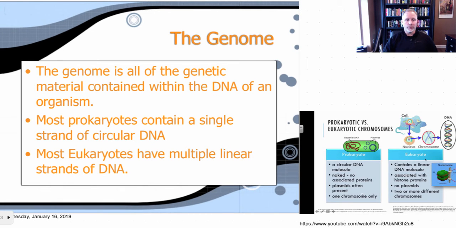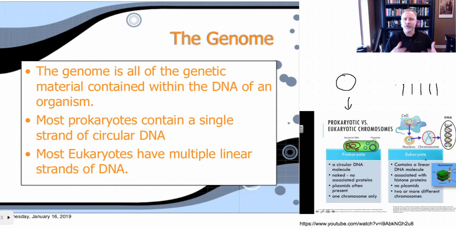All right, so the genome now, what this consists of is all of the DNA within the particular organism. Okay, and that's important because it contains the genes that are going to control all of the aspects of that particular organism. And prokaryotes typically contain, as you look here, a single circular piece of DNA. In other words, it's kind of like a torus or a donut or a circle. And eukaryotic cells contain multiple linear chromosomes, which is what makes these things different. Okay, so the eukaryotic chromosomes are linear.